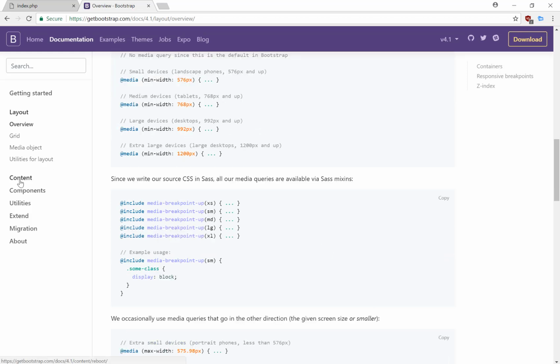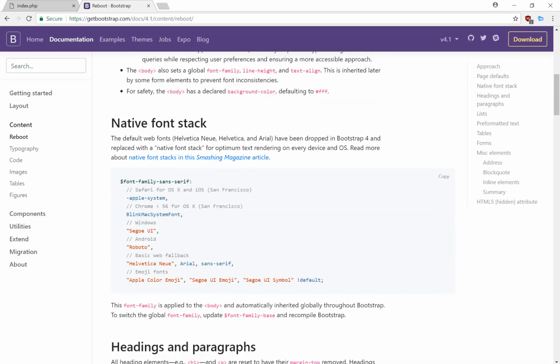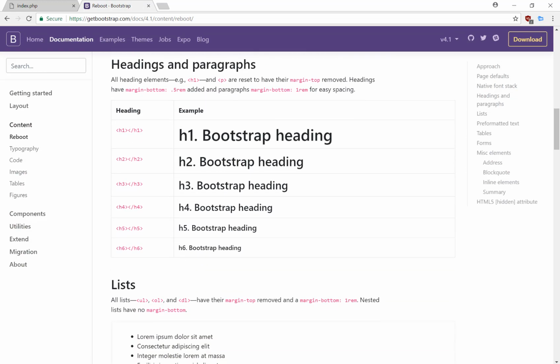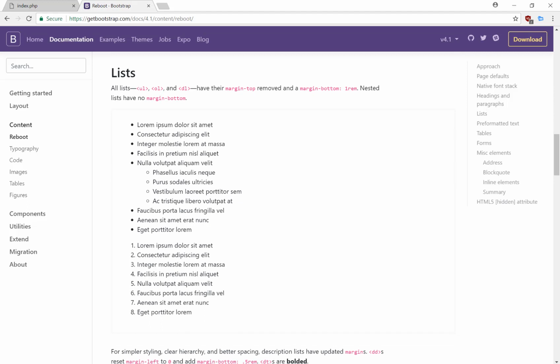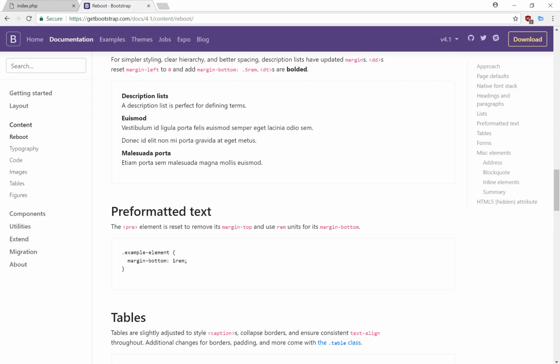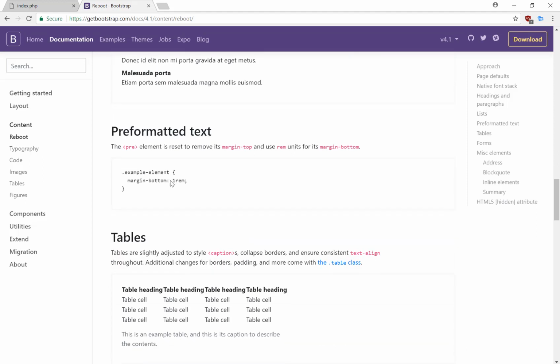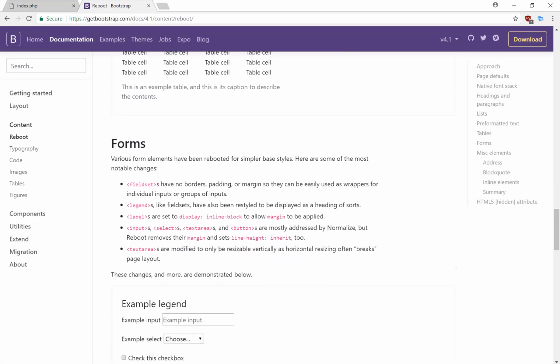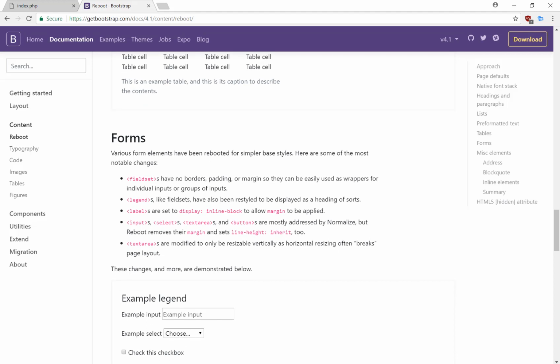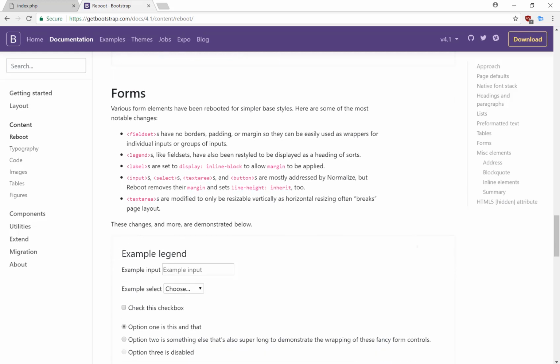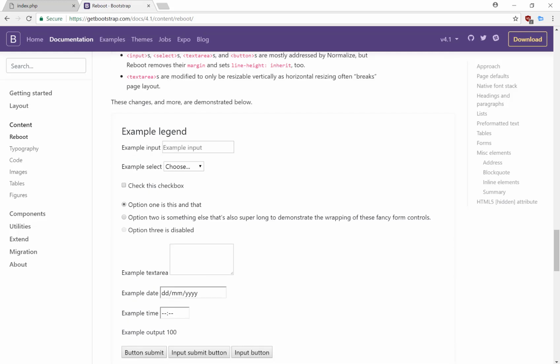So if we go into content now, this just shows you a bit of everything. So you have the different heading sizes, and then things like ordered lists and unordered lists. You can also have descriptions with bolded text or a pre-formatted text, which works in rems. And you also have tables, which can be created through the table class, and forms as well for things like the contact page, where you'll have someone filling in their information in order to get in contact with you. I'll show you once we get to the contact us page how to create a form from scratch. I used one of their forms off the Bootstrap website and just edited it to suit my style for the website. So I just changed like the colors and text and things like that,